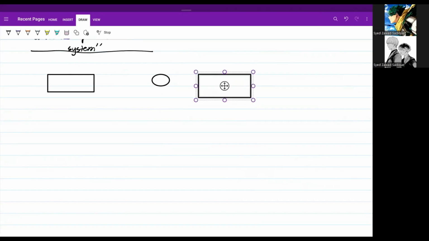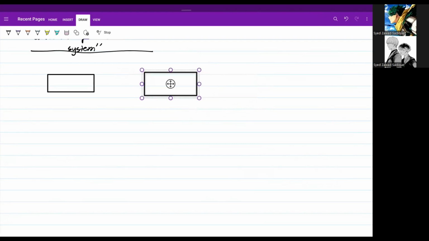Of course, they're going to be connected. Let's say they're connected using a